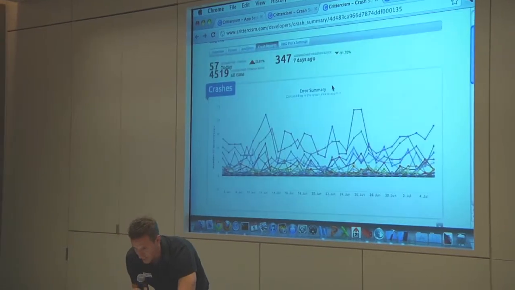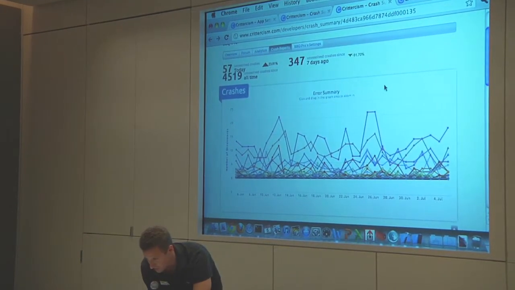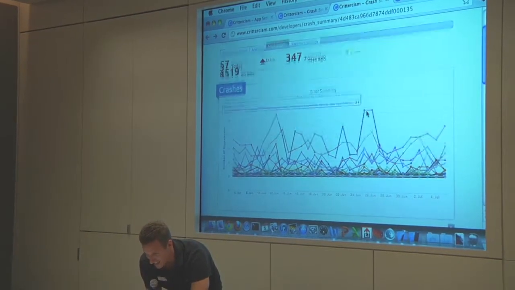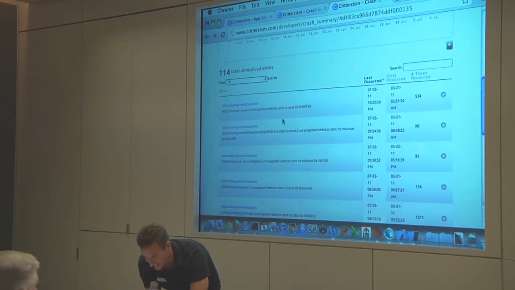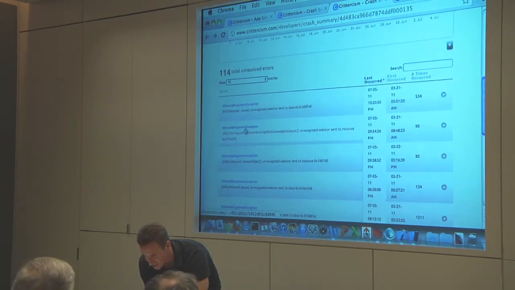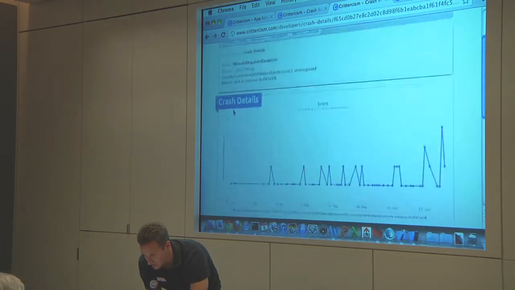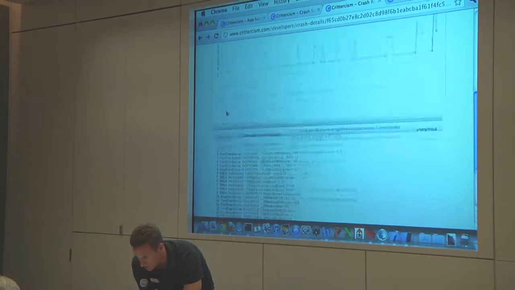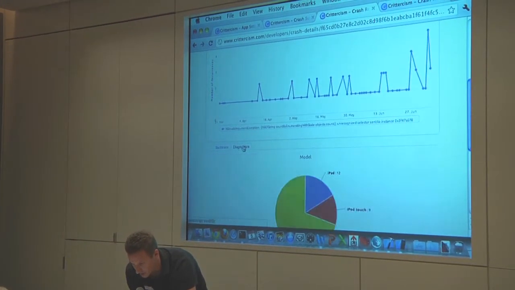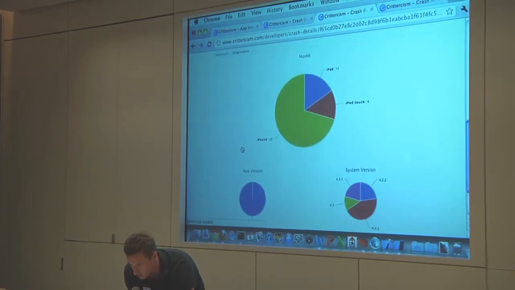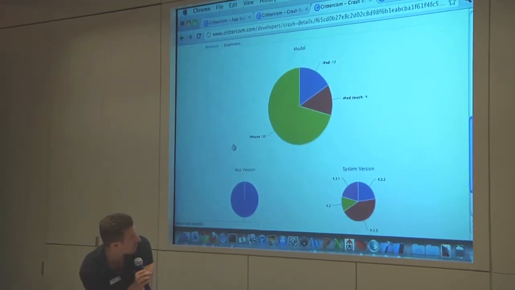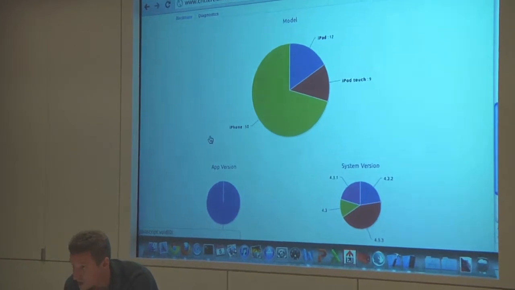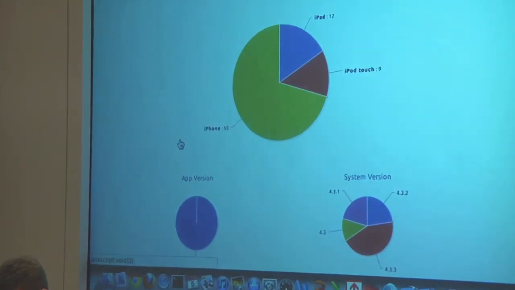here's an app that has experienced quite a few crashes. Let's see. Let's go to this one right here. So you can see this one's slowly getting worse over time. But by looking at this, you can get a quick view into what, say, the most common configuration was among your users that experienced the crash.